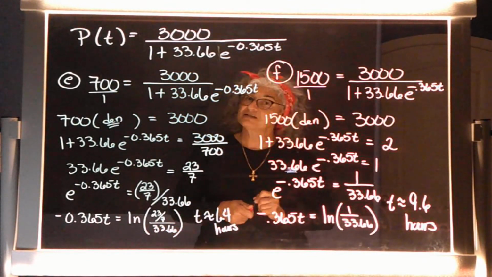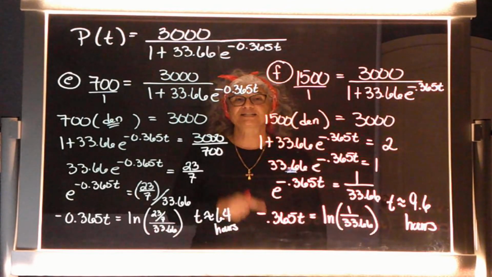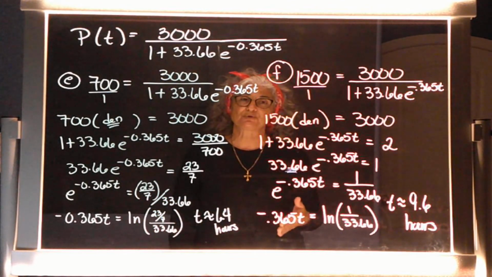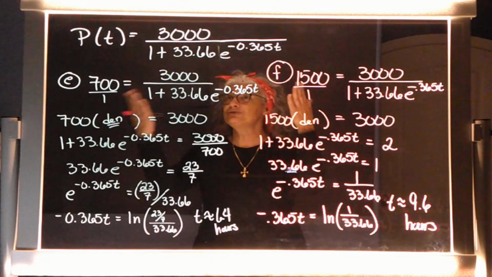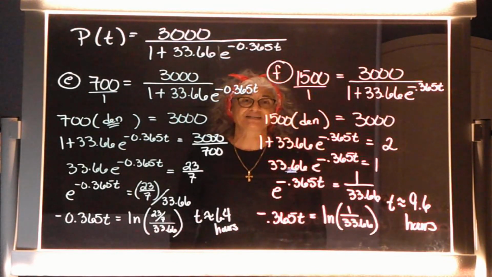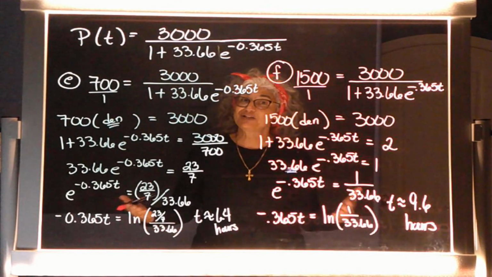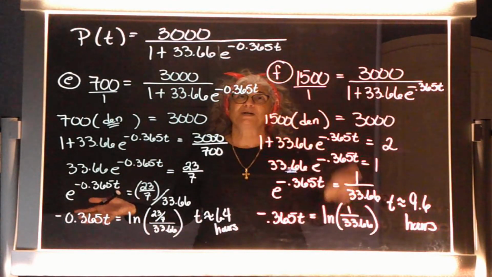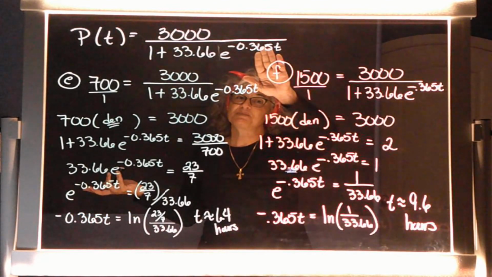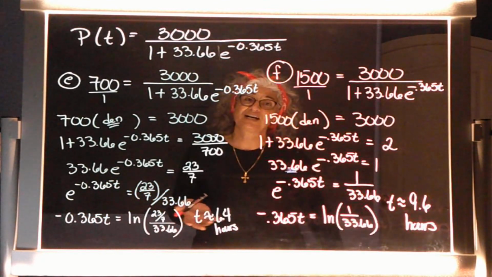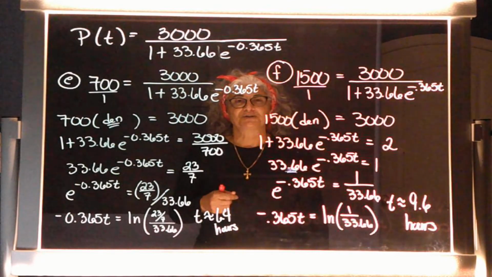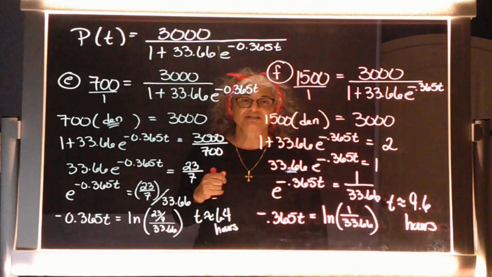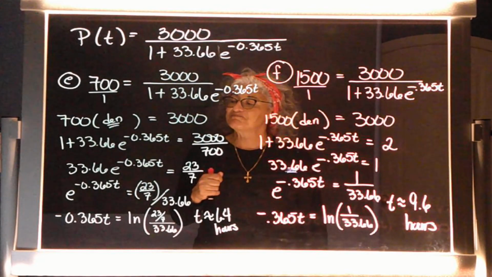So, we've talked about a variety of exponential growth and decay models, including Newton's law of cooling, which is a decay model, including this logistics problem at the same time, which, in a way, even though this looks like a negative, is actually a growth model. Because if you have a negative exponent on the bottom, that means this thing belongs on the top. So, I would suggest playing this over again, pausing it where you need to, and as always,